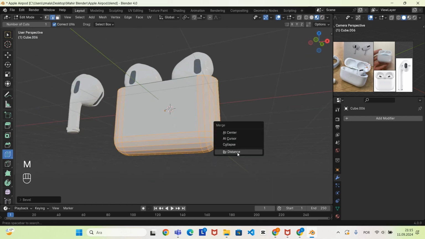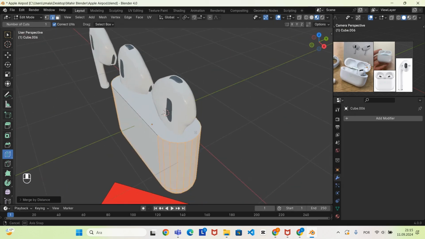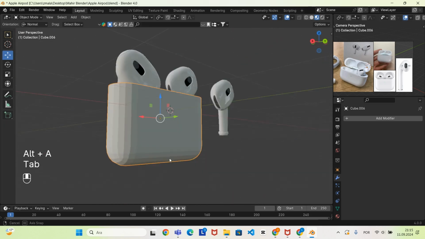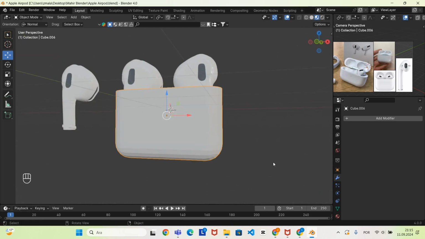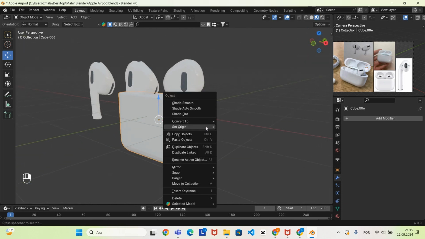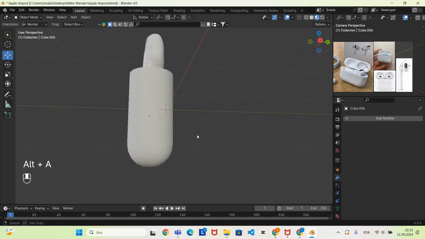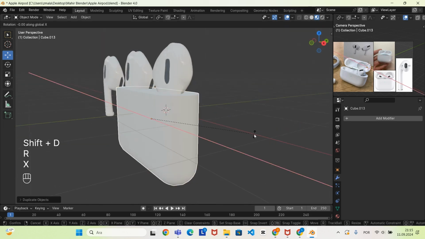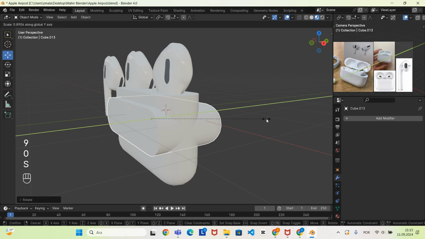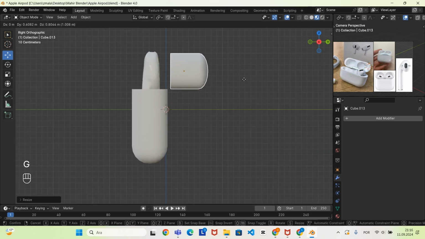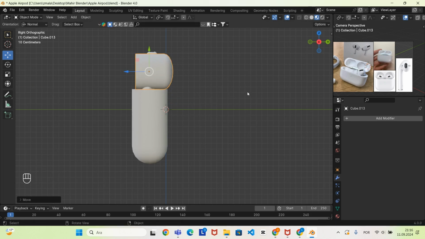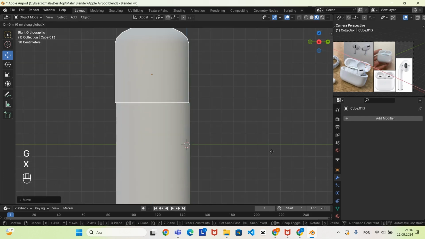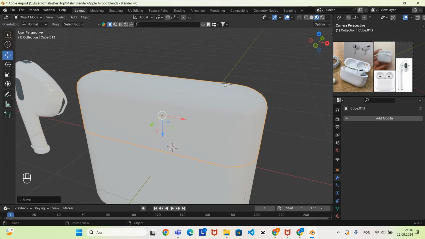Then click M, then merge them by distance so that the vertices at the same place will be merged together. And when we look at the object mode, we can see that it is looking round. Now if we shade it smooth, it will look better. And so now we can duplicate this part, then rotate it at the x-axis 90 degrees, that's at the y-axis, then put it over here, then rotate it at the x-axis 90 degrees,